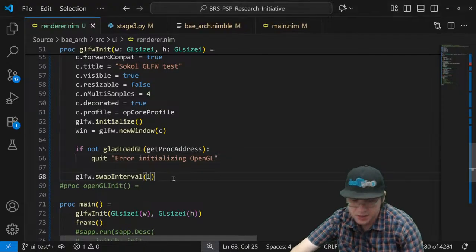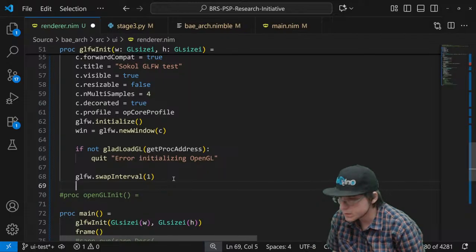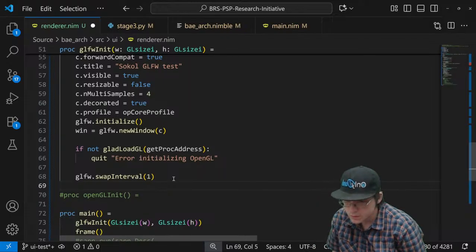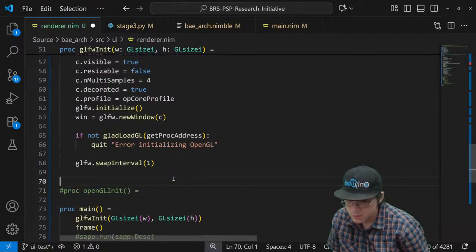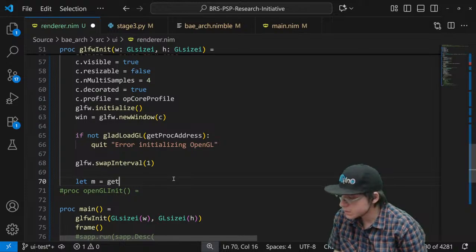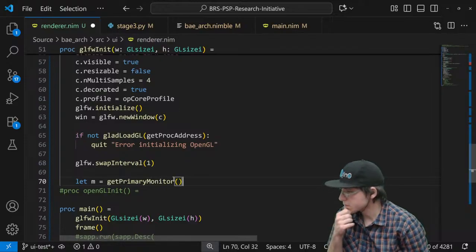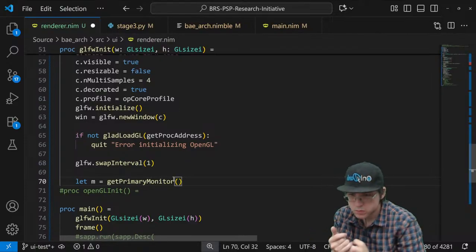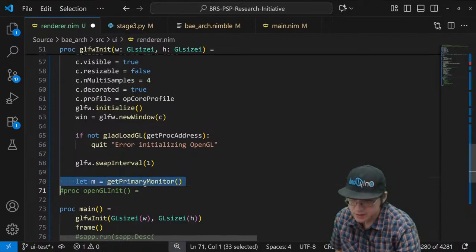I wonder if that's actually required. Leave that.